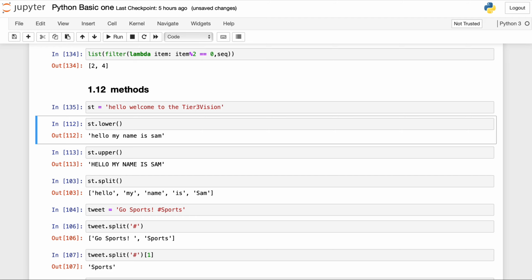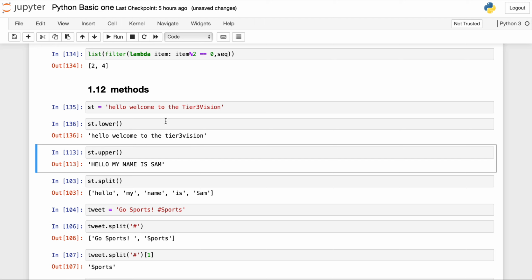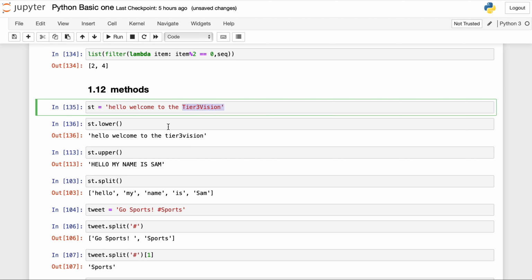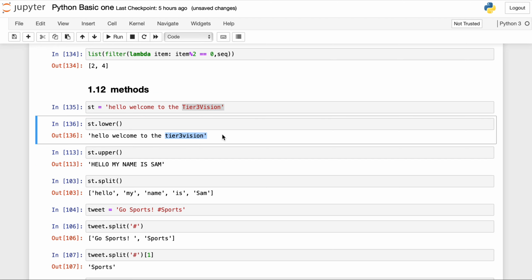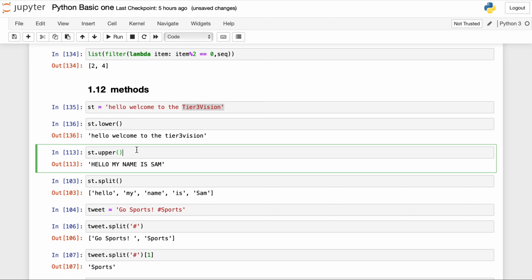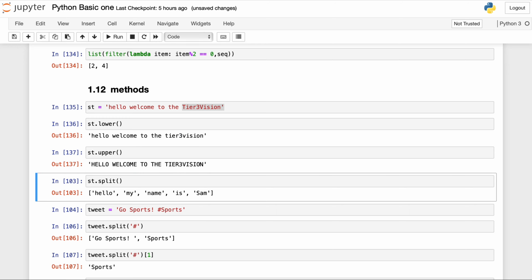Now st.lower will convert all the uppercase into lowercase. You can see my Tier 3 Vision consists of some capital letters, and it will automatically convert them to lower. Now upper will convert it to uppercase.